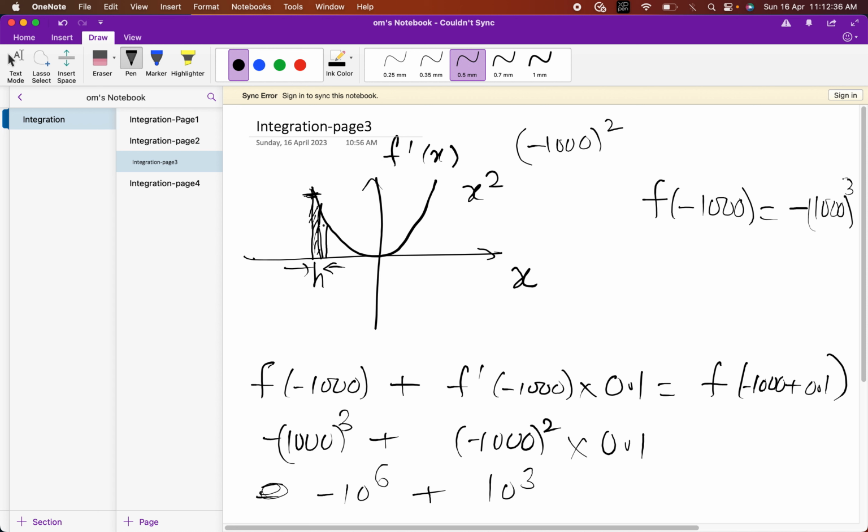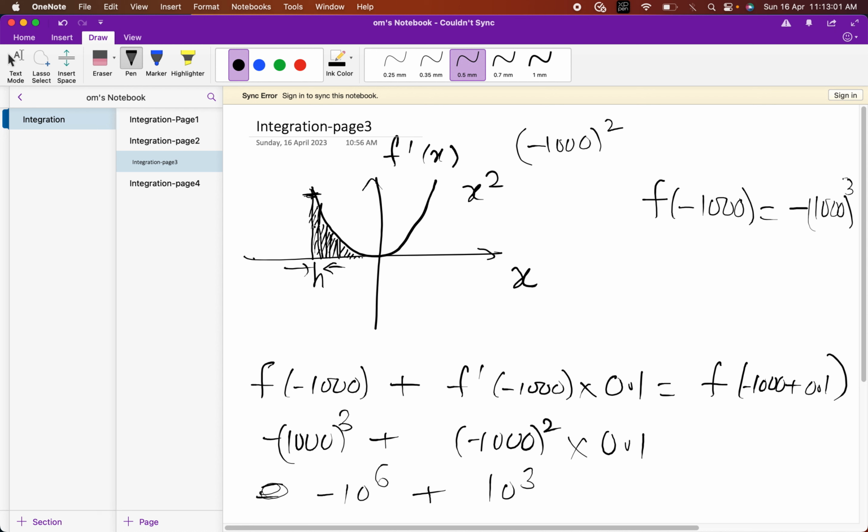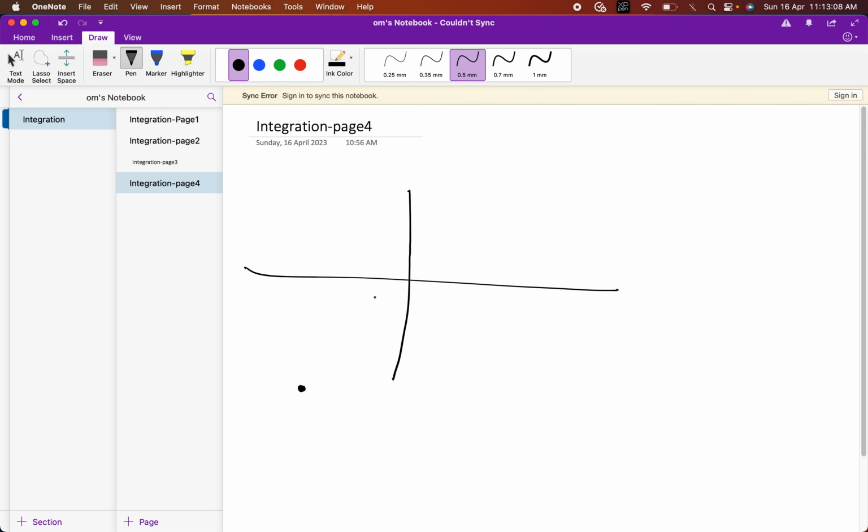I can keep continuing this. That means I can keep adding these areas to this value to start progressing on the function. So I started with a very large negative number and then I am adding positive values to it, and if you go back and see, what I am adding is becoming lesser and lesser. Smaller and smaller quantities I am adding.